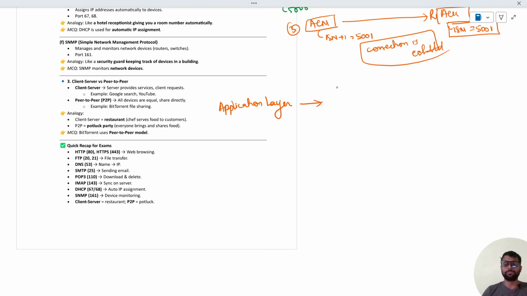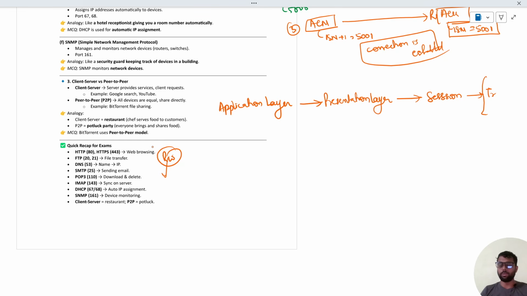Then we have the presentation layer, and then we have the session layer, and then we have seen the transport layer, and above that we have seen. Well, these three layers are remaining. So if you remember the real world analogy that we talk about, wherein we were talking about the delivery of